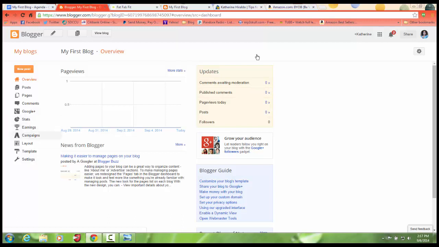This is something else I'm not going into. This is actually a new feature that Blogger has. So you can create campaigns if you are looking to reach a certain goal as far as getting traffic to your website or getting people to come to your website and read your posts. But again, that's not something we're going to go into now. We're going to keep it very simple. It's just for you to set up your blog. Layout, template, settings, these are some of the features that we're going